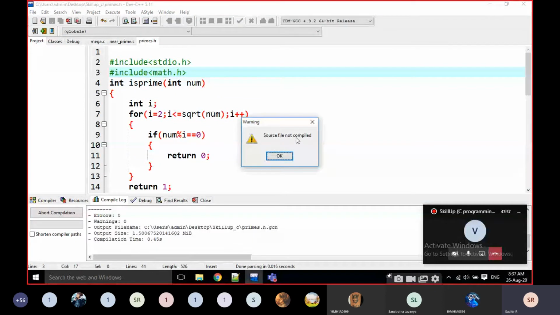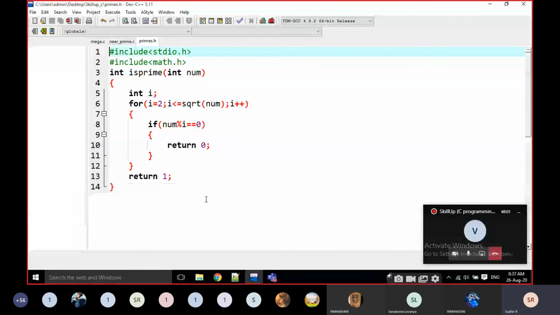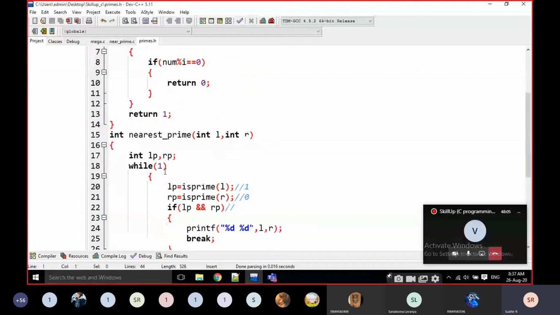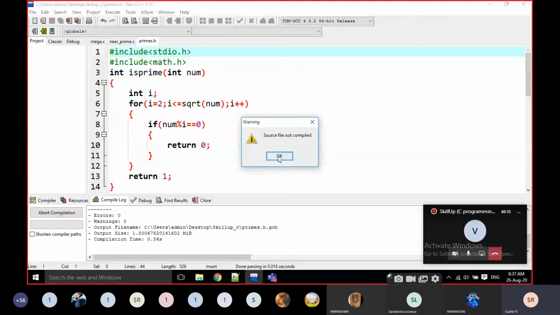Just observe here. Why is it not compiling? It has no main function. That's why it is giving that type of error. Source file not compiled.